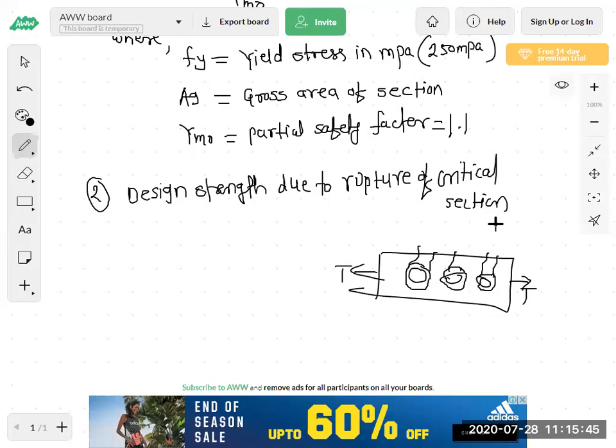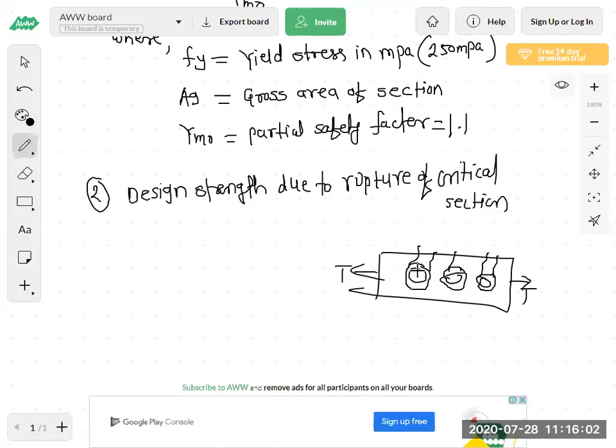So critical section here, which critical section? If we do not make these holes, आपण जर या प्लेटला होल तयारच केले नाहीत तर काय होईल? तर रप्चर व्हायचा प्रश्न येणारच नाहीये. Are you getting now? Rupture of critical section is nothing but if we do not provide these holes to the plate for the bolted connection, जर प्रोव्हाइड केलेच नाहीत होल तर रप्चरचा प्रश्नच येत नाही. मग यिल्डिंग होईल फर्स्ट केस मध्ये. रप्चर कधी होऊ शकतं? Bolts are provided and the bolts are punching to the plates and at that time the diameter will increase. So due to this increase, the rupture failure will be there.